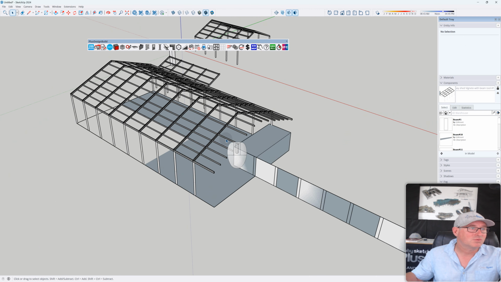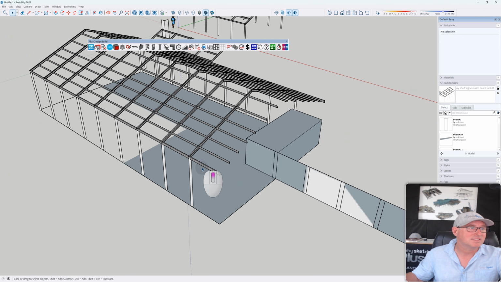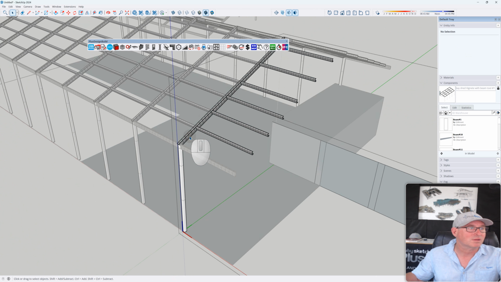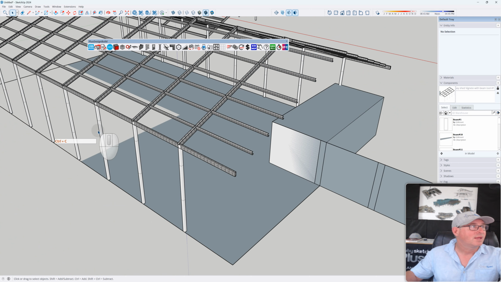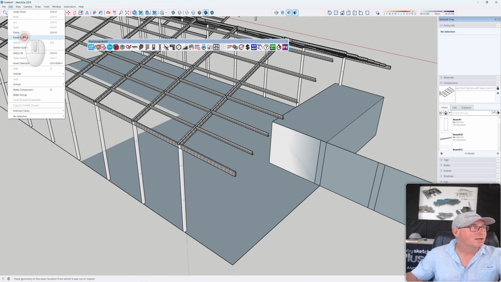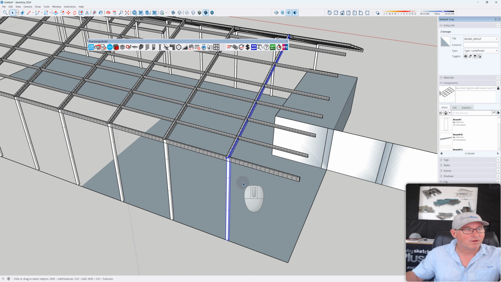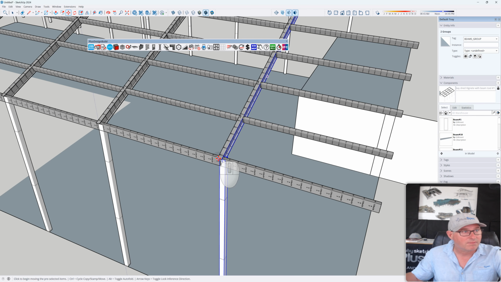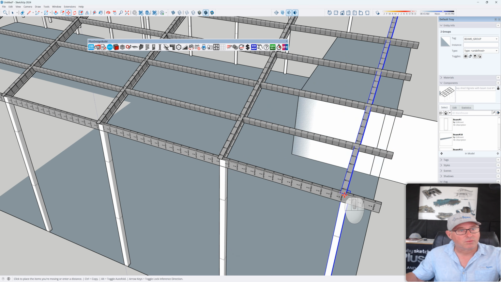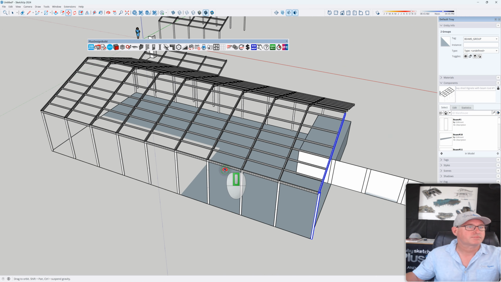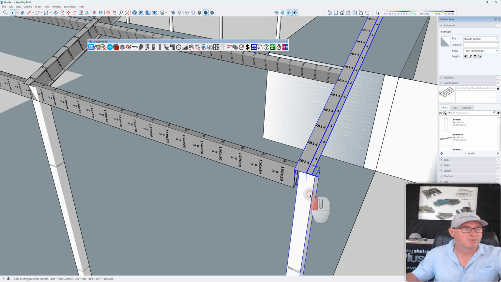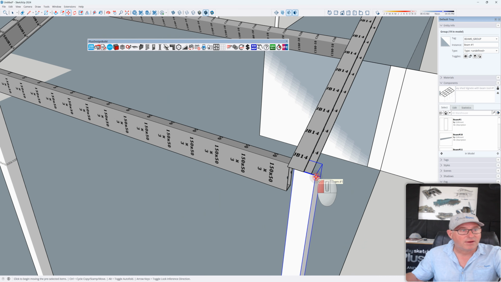However, I still needed to create this end section here, and all I would do is break inside of the component, grab this one, go Control C, jump outside of the component, edit, paste in place, and you'll notice it's sitting where I grabbed it from, and I move that over to where it should be to finish the job. Right. And I move the post back because the post should be on the other side. Now I have